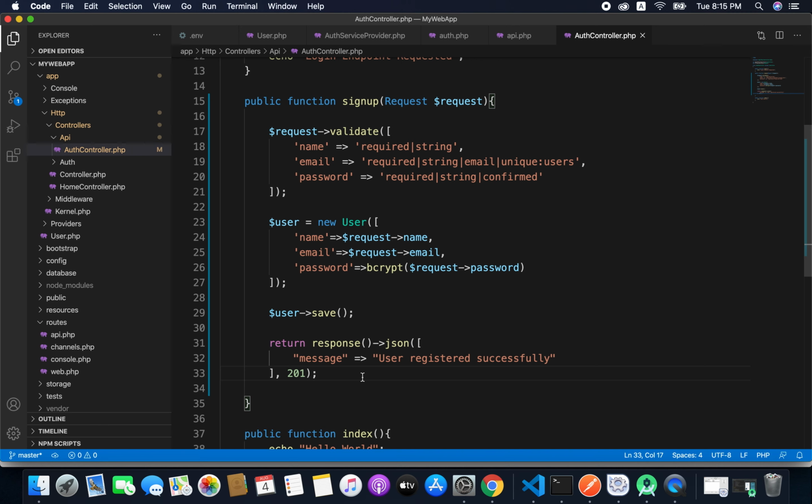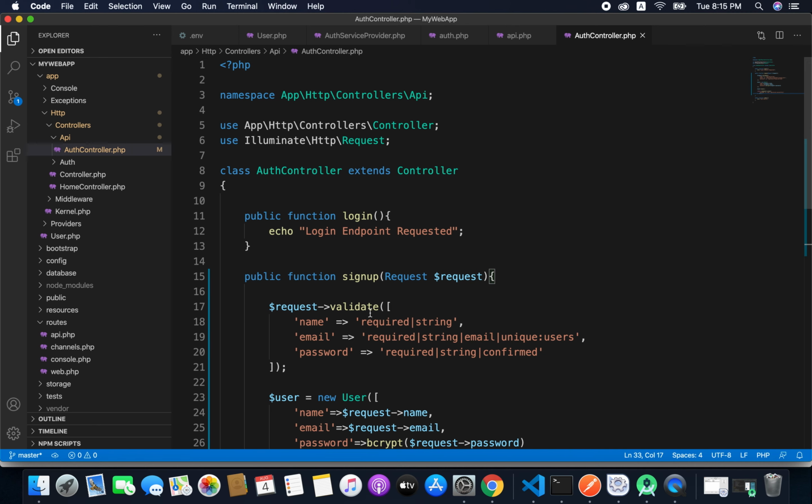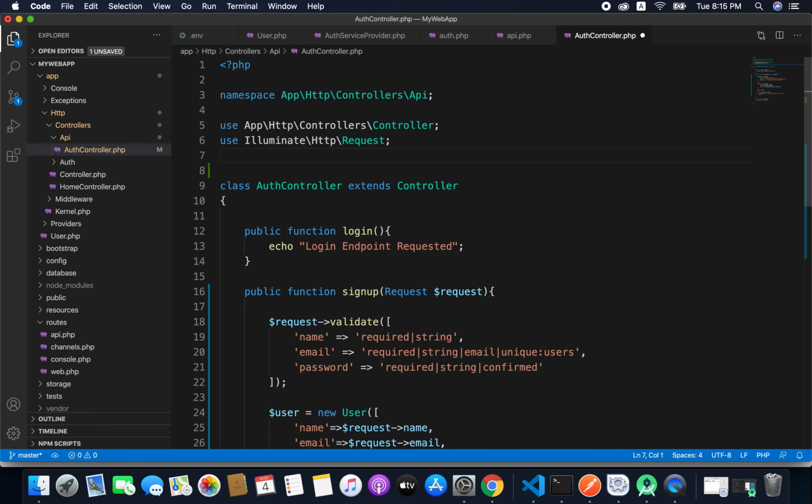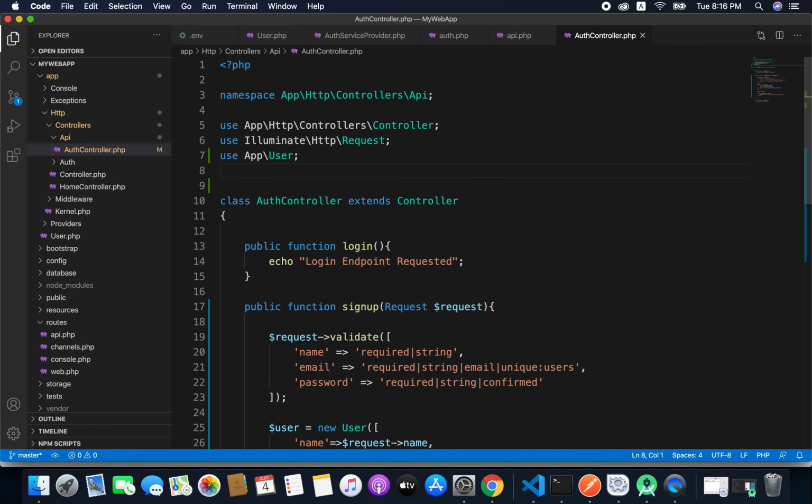So we have the sign up function ready. We just need to import our user model here. So we have use app and then user, and everything else is fine. Now our sign up should work.